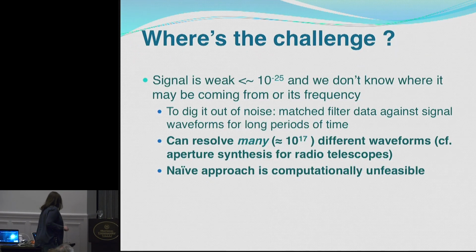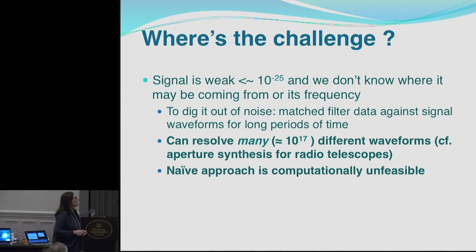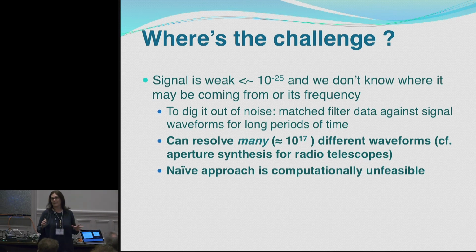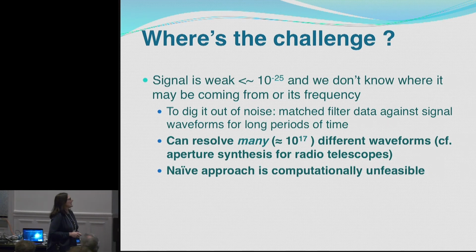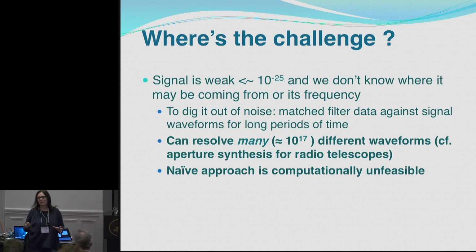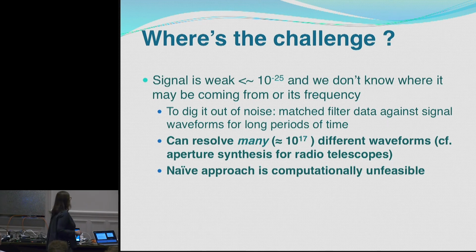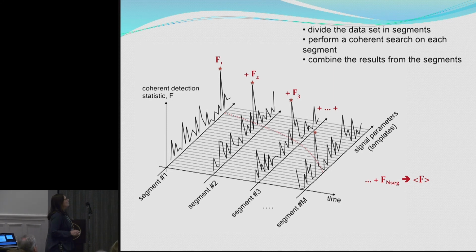But this also means that when we do these blind surveys, for big broadband searches like a kilohertz, we quickly have to survey something like 10^17 different waveforms. And so the first challenge with that, apart from the loss of sensitivity just due to this enormous trials factor, is that computationally, with the brute force approach of just integrating coherently over months, they're not doable. So we've developed other techniques where we basically chop the data in segments, do the coherent analysis, which is